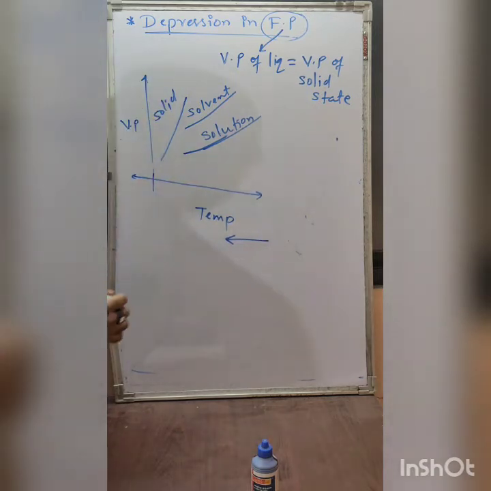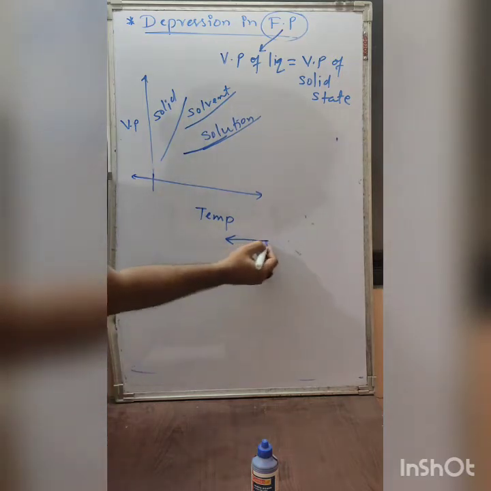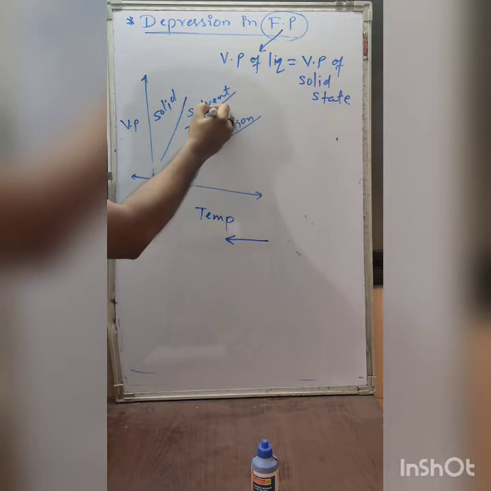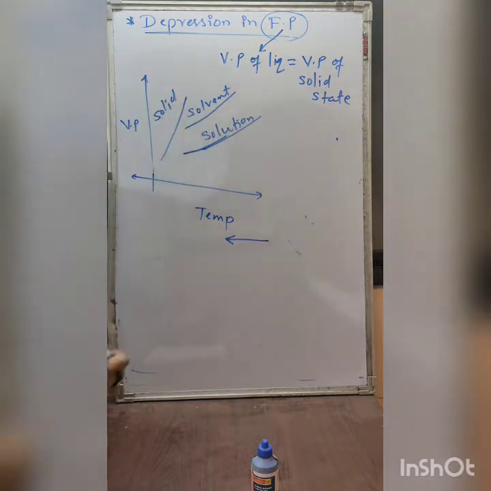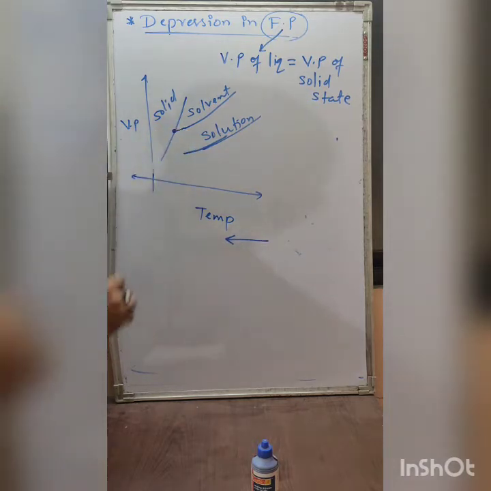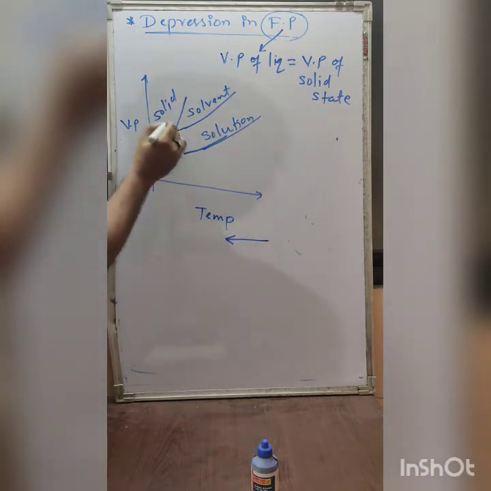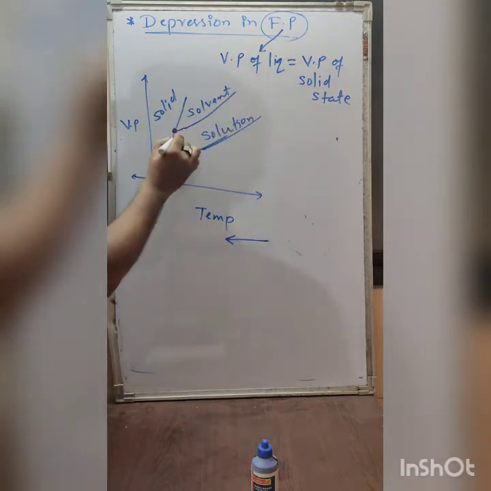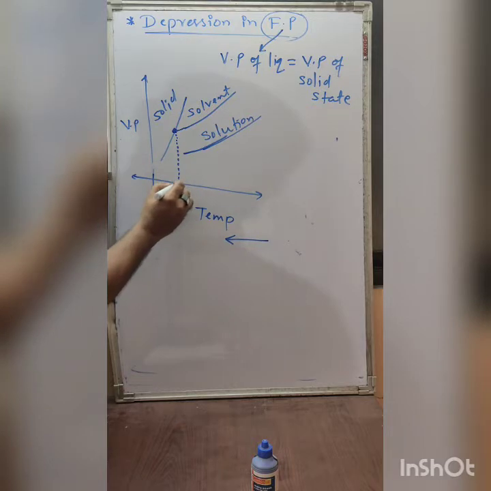First, let us take the solvent. With decrease in temperature, the vapor pressure of the solvent keeps decreasing and comes to this point, where it is equal to the vapor pressure of the solid state. So I can say that at this temperature